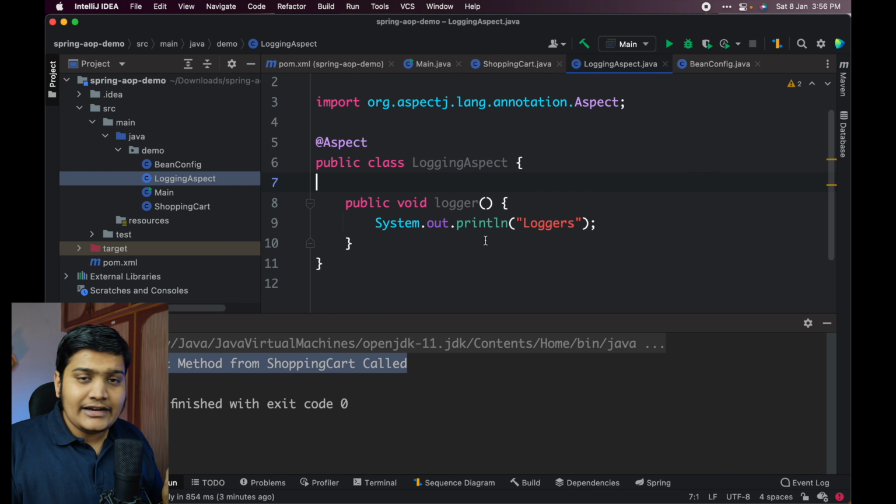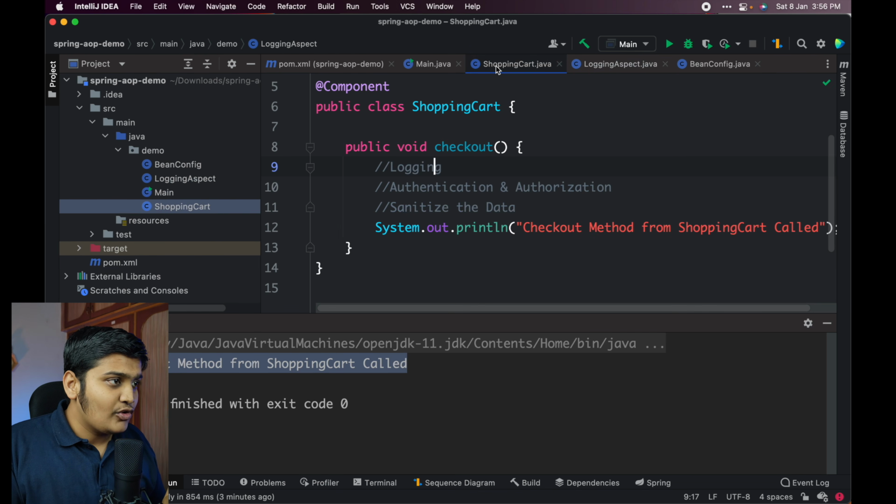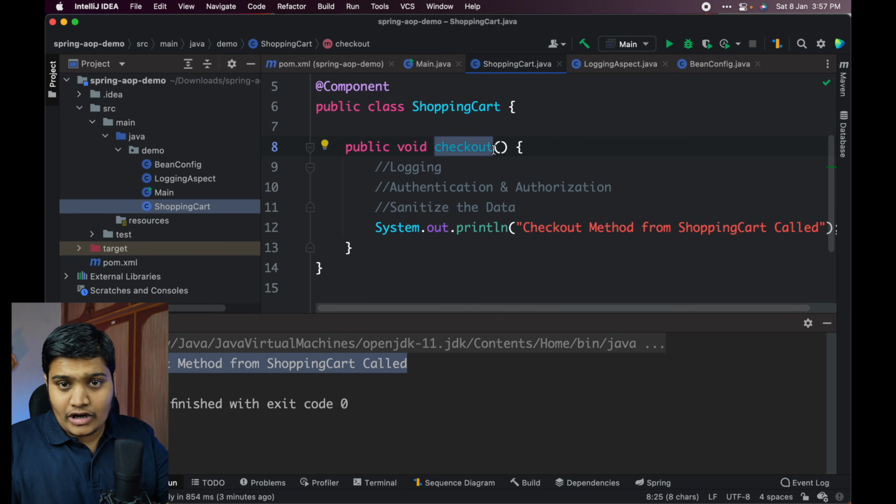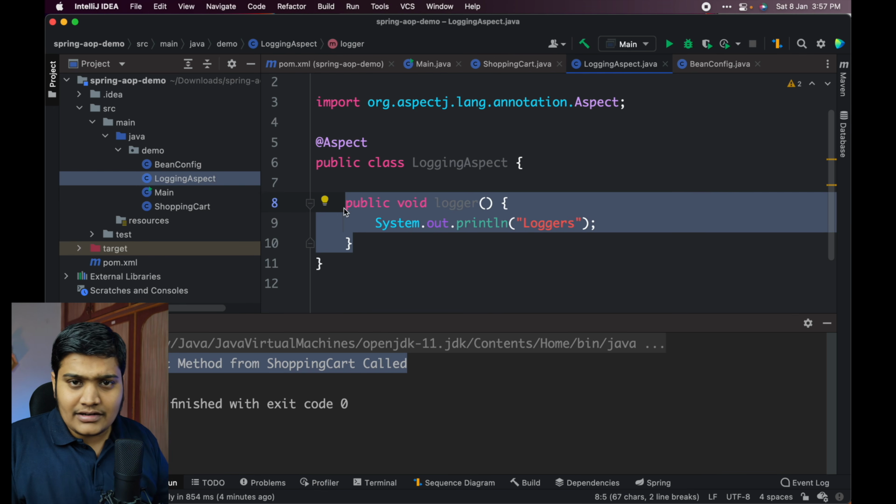Wherever the pointcut is called, suppose you go to the shopping cart and at this point you want to call that particular pointcut, that particular method, this is known as a join point. It's simple to understand. Don't get confused with the different jargon like pointcut, join point, aspect. The simple thing we need to understand is what we want to call and where we want to call it. We just need to define these two things, and that's what we are going to learn in a simple way. Suppose this is a method that we have to call before the execution of every method starts. Simple, right?